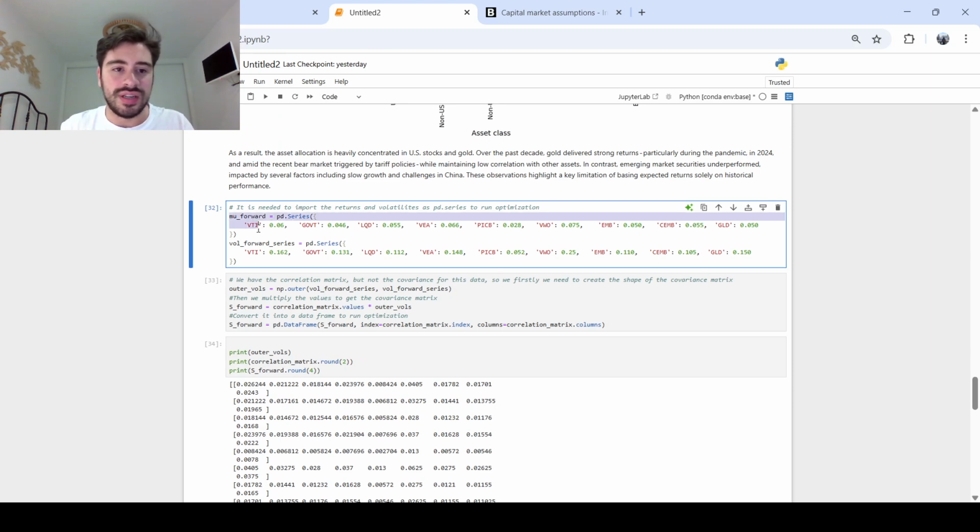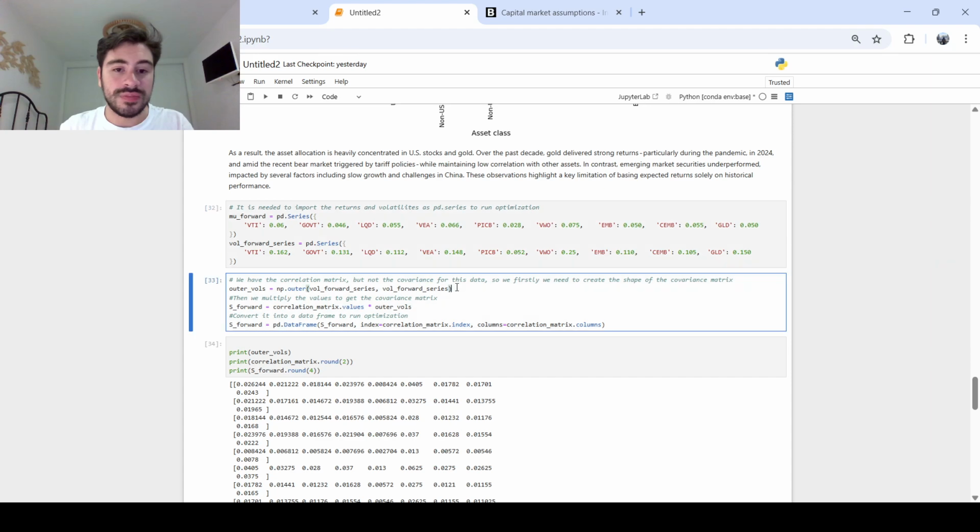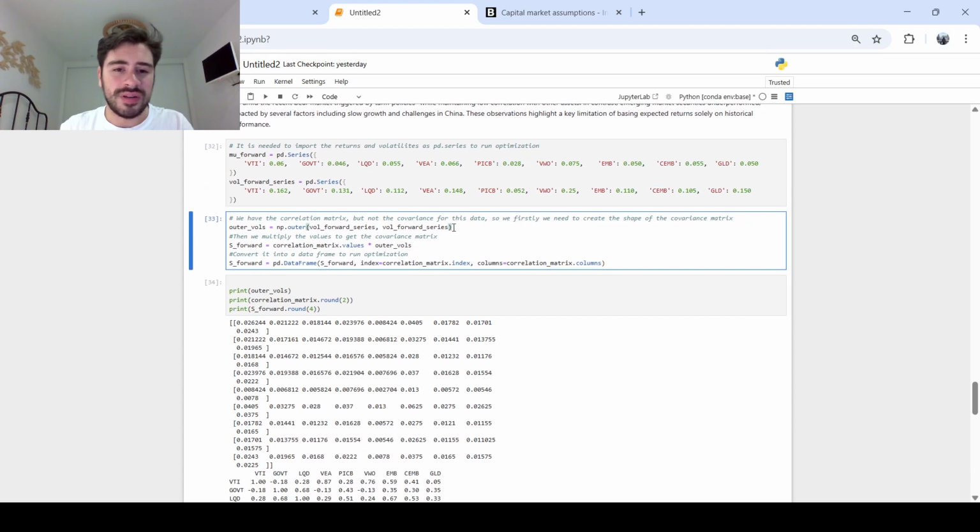In the end, I needed to create a series. So I put all these return expectations and standard deviation expectations into those series. Now comes the complicated part, where I have to cure the data a bit because